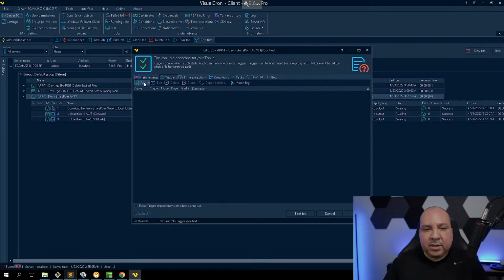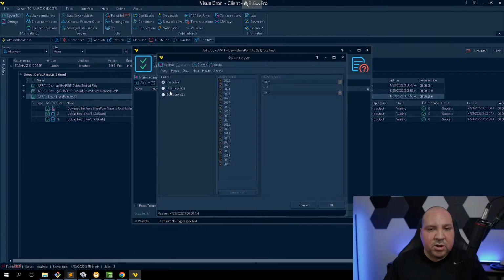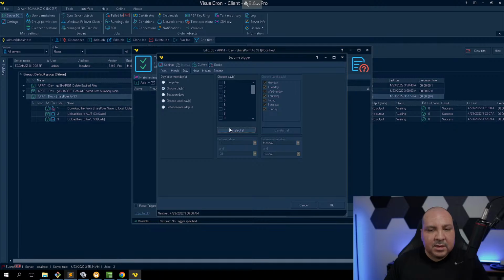Now, if you wanted to do a custom timer, the custom timer gives you a little bit more functionality. Like you could have it run by year, or let's say you want it to run every month. You could specify the days. Maybe you want it to run only Monday through Friday, and that's what you would do. Let me choose days, deselect days, or choose weekdays. Deselect, and I could just say run Mondays, Tuesdays, Wednesdays, and